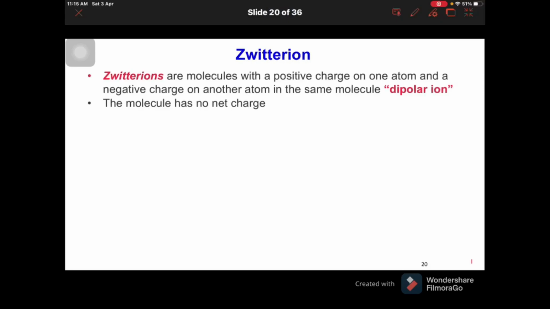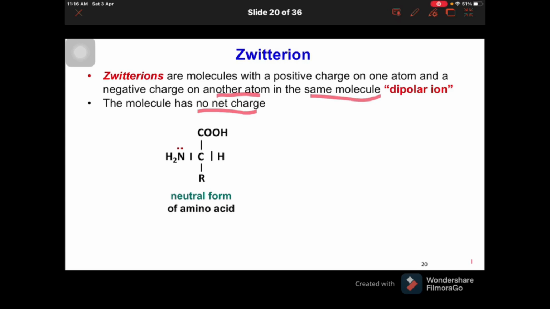Zwitterions are molecules with a positive charge on one atom and a negative charge on another atom in the same molecule, a dipolar ion. The molecule has no net charge. Look at the example. This is a neutral form of amino acid. When the proton transfers, it will become a Zwitterion, which means the proton in the carboxyl group